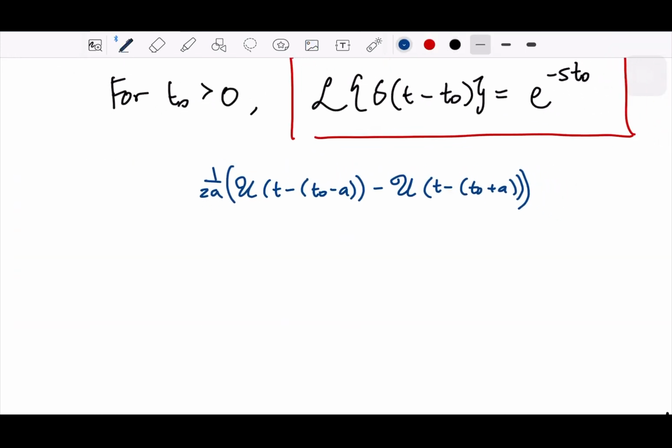Okay, so this will be the delta of a, delta a(t - t0). Let me change everything from the unit step functions by using the transformations. So taking Laplace, so Laplace of the delta a(t - t0)